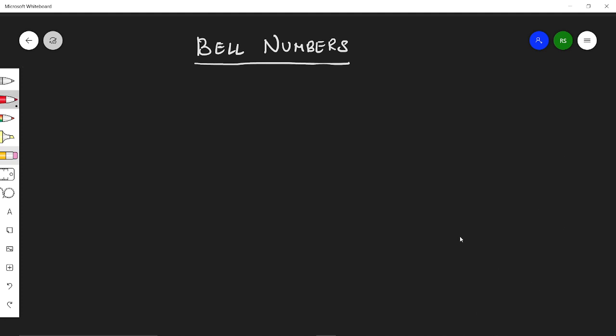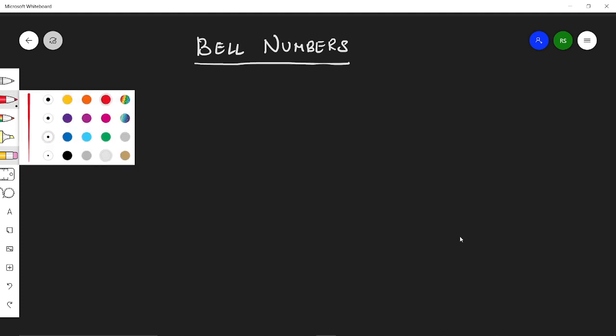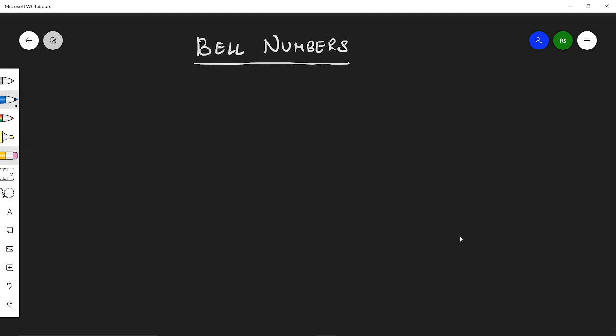So basically, here we have a thing called the Bell triangle. And this is the best way to find the nth Bell number. So see, what is the Bell triangle? Just like other triangles, like Pascal's triangle, it is a special triangle in which the first row has the 1.